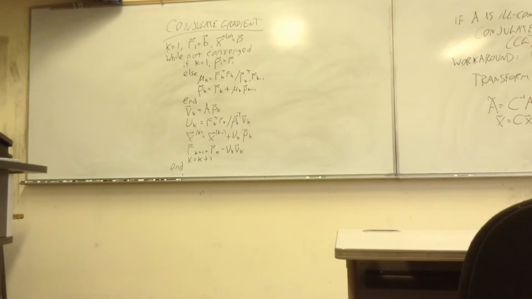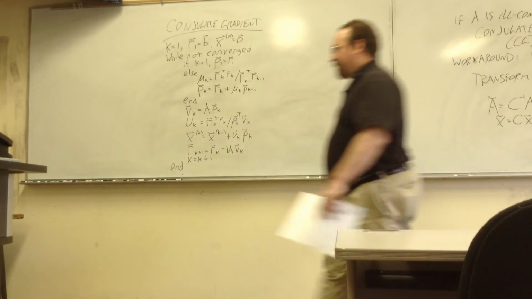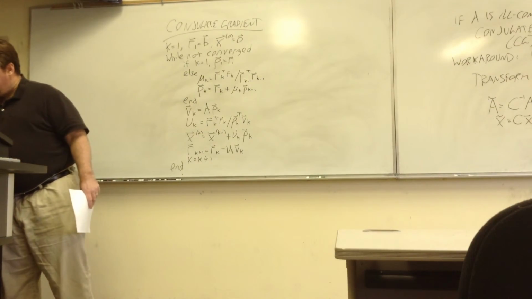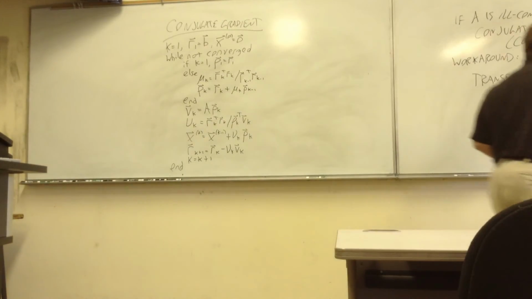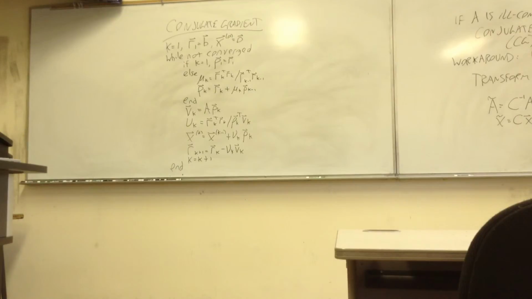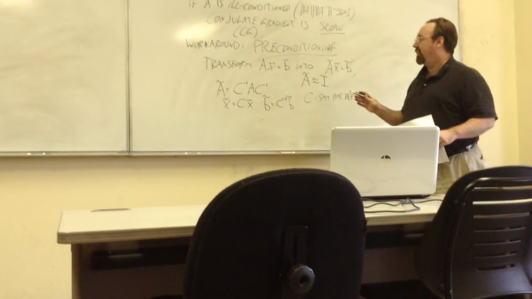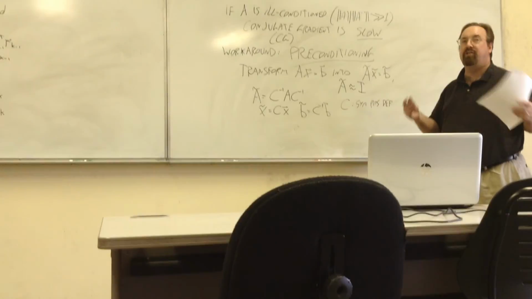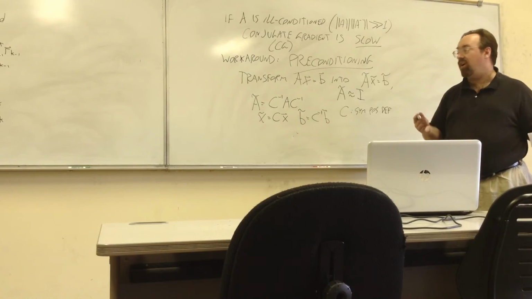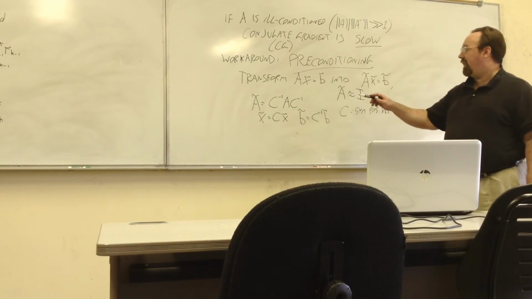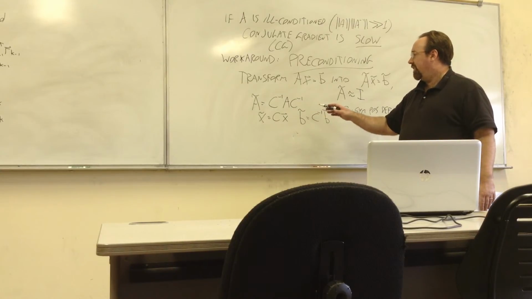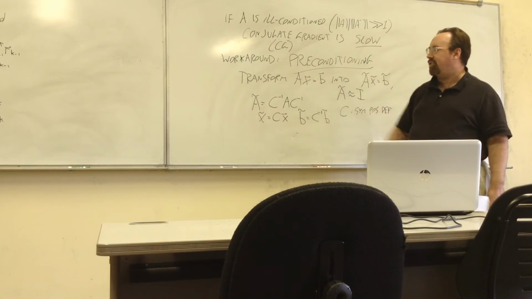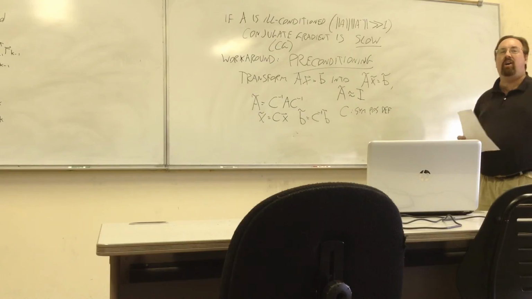I won't go through all the details here because I'm running out of time, but the result is in the notes. If you apply conjugate gradient to this transformed system, we need C symmetric positive definite to make sure that the new system is also symmetric positive definite so that you can apply conjugate gradient to it at all. So if you replace all traces of the original problem with the transformed problem in the conjugate gradient algorithm, it turns out that by simplifying a whole lot of things,